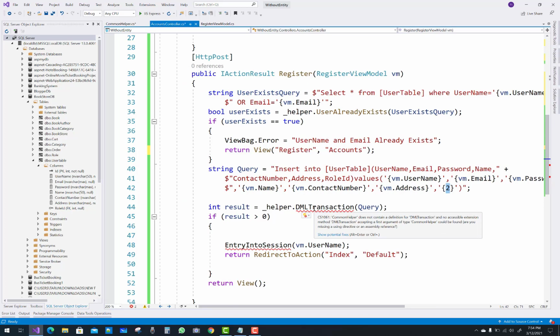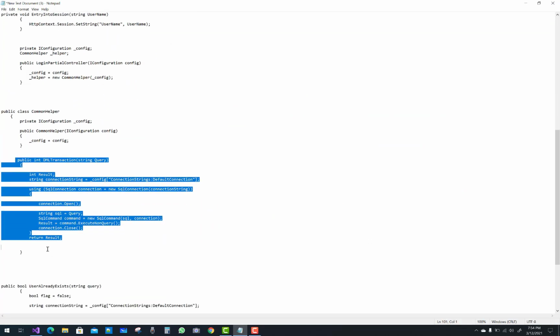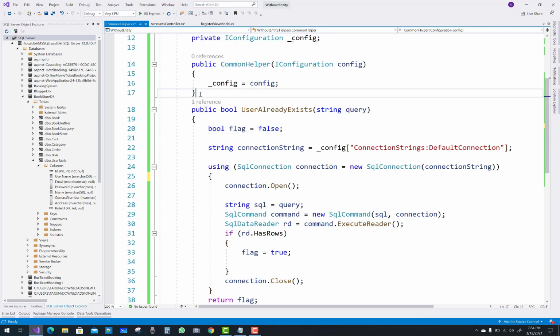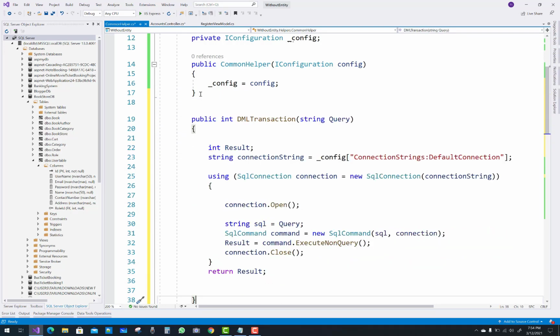Okay, so after that, you can see that the underscore helper dot DML transaction method is not there in the common helper, so just add a new method for inserting your query in the common helper, and add DMLTransaction, and that method returns an integer value.